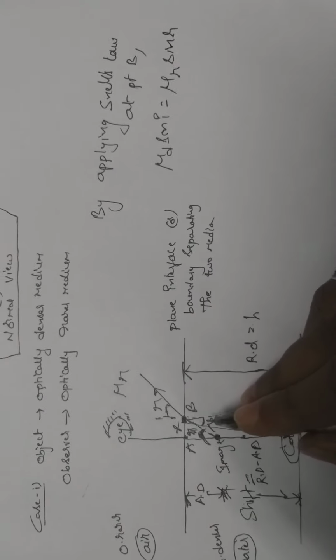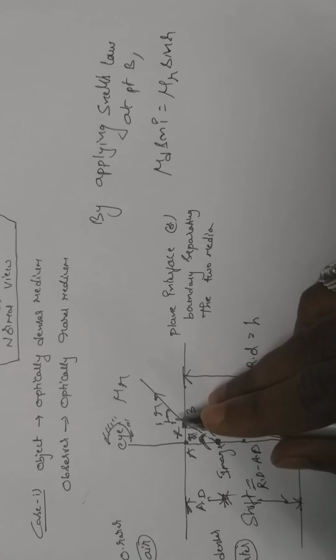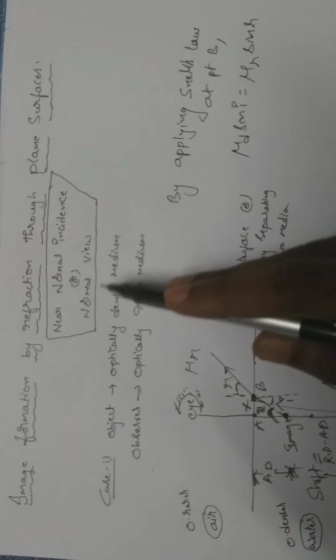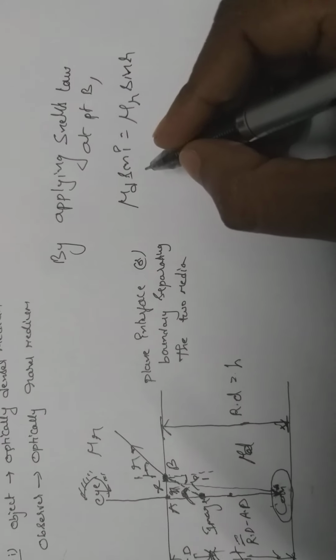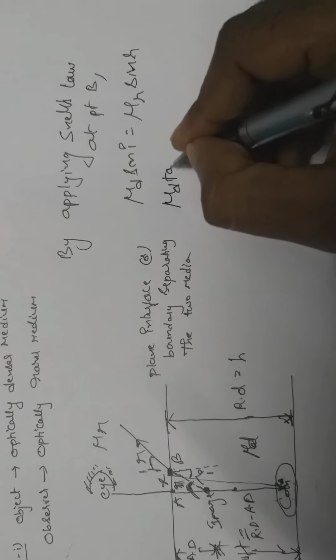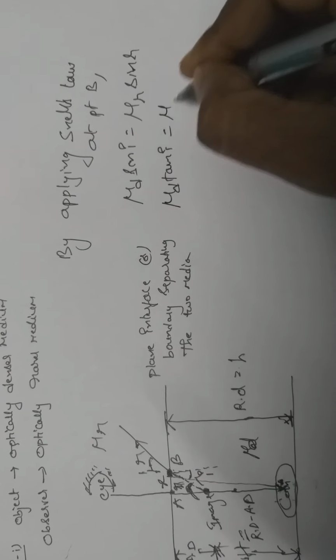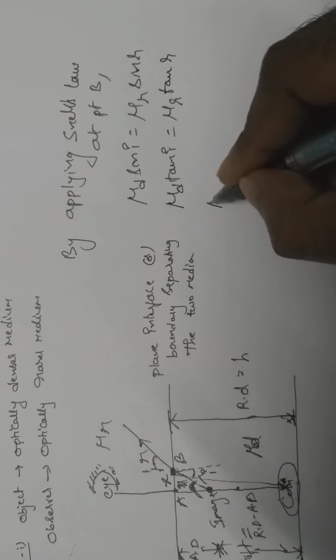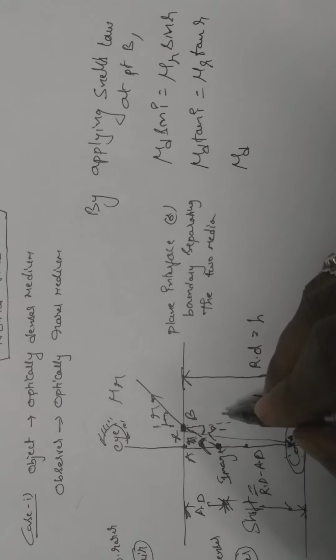See here, I already told you these angles of incidence and angles of refraction are very, very small, because this is normal, near normal incidence. So for small angles of incidence, we know that sin I is approximately equal to tan I, and sin r is approximately equal to tan r. And now mu d into tan I we can find out